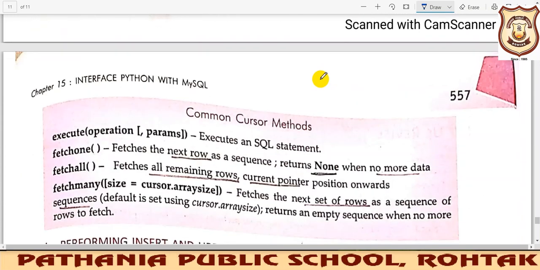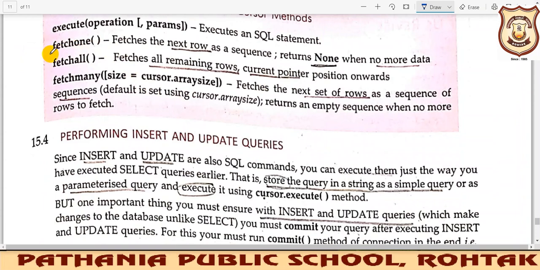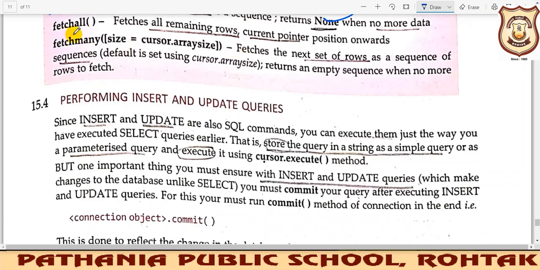Now next, this fetch one function, what is it doing? It fetches the next row as a sequence. If it does not have any data, it will return null. From where will it fetch? From the database only. Fetch all will fetch all the remaining rows starting from the current pointer position onwards.